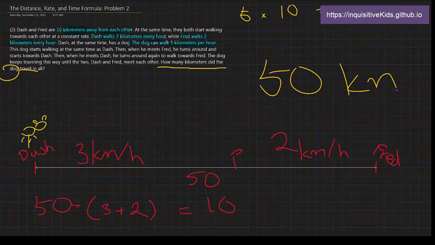And I think the most important part, so this is actually pretty simple in the end, but the thing I like most about this problem is it hints, never really says it, but it hints that the dog and Dash and Fred start and stop at the same time. That's something you should really be paying attention to, because if they don't, well, that's just another story. But if they do, that's another tip for you to get on with the problem. So, yeah, 50 kilometers is